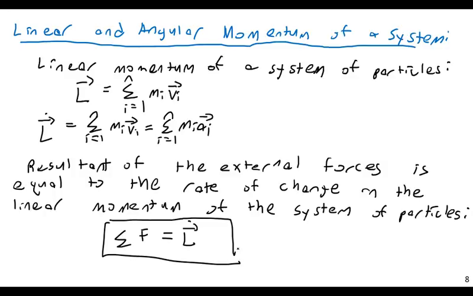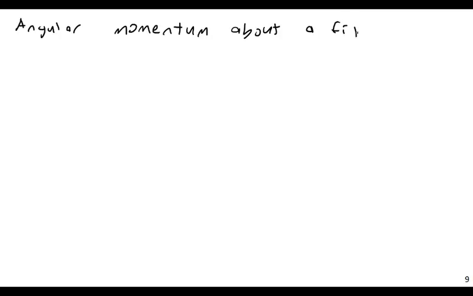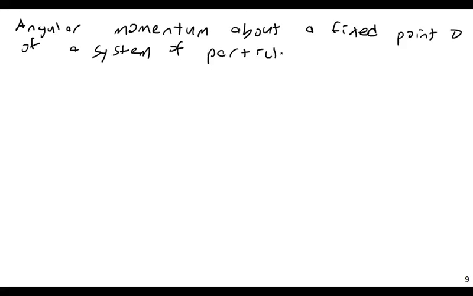Like so. And also I want to look at the angular momentum in the same way, about a fixed point, for instance. So the angular momentum about a fixed point O of a system of particles. So let's analyze that. Well, we've used capital H for angular momentum before, so I'm going to say H sub O is equal to